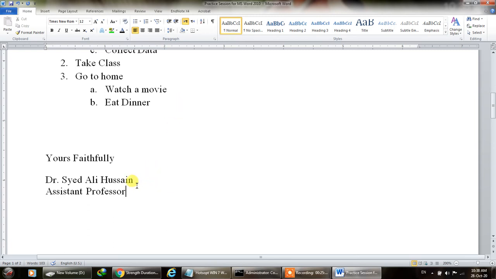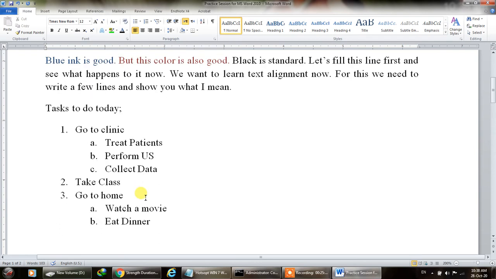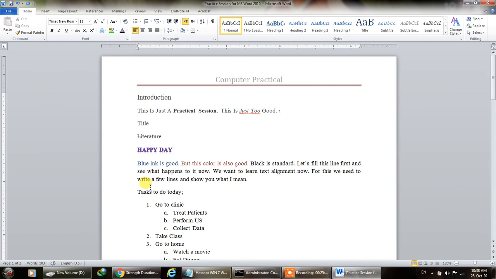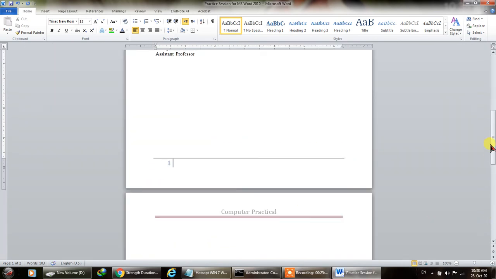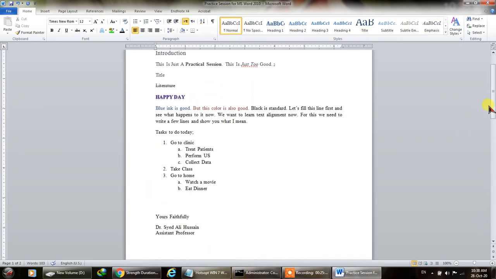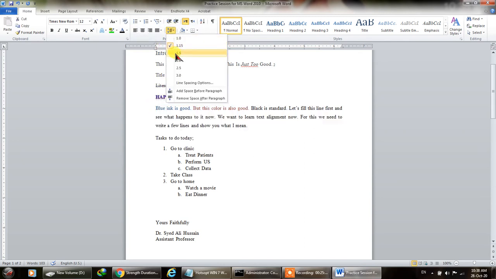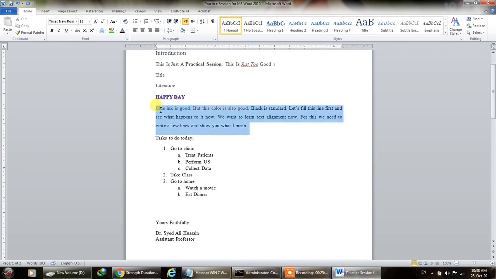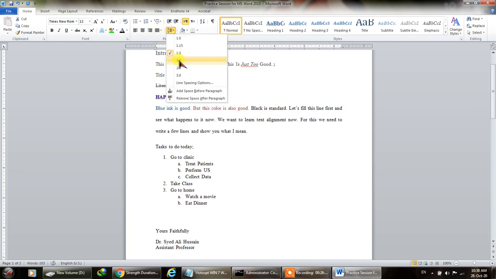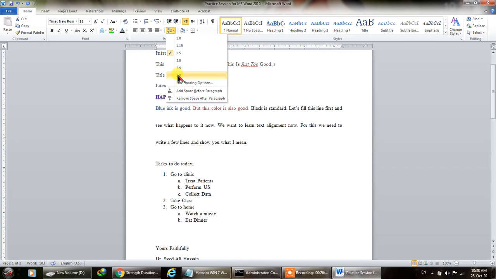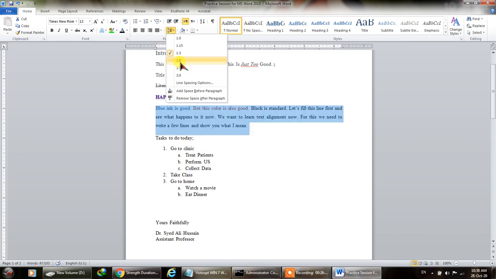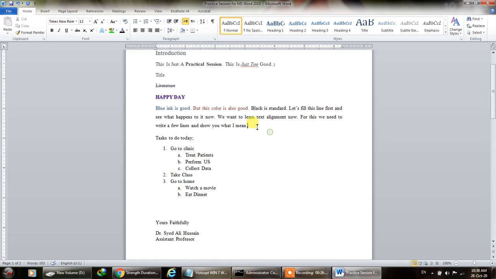So Word is just a software to make the documents and to know how to format the documents, because this will give you a better appearance, a better look. The next function is line spacing. For example, here the standard line spacing is 1.5, not 1.15, but it is set to 1.5. So if I keep on increasing the line spacing, the lines will be more separated. So 1.5 is standard, so we'll stick to that.